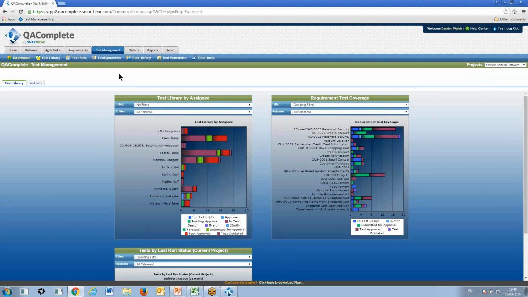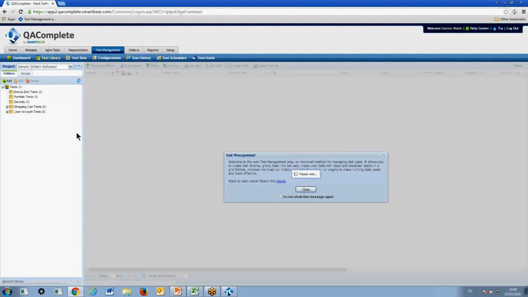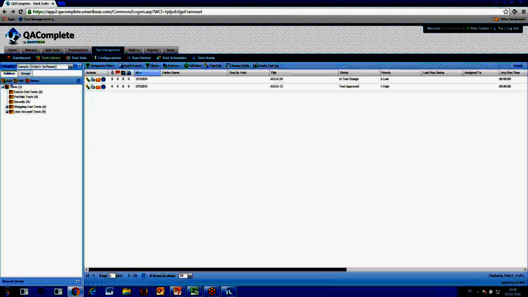So again, we've got two kinds of entities. We've got test library, which is an individual test, and test set is a grouping of tests in a test library. All right. Now, if we look at test library, some of the areas to look at is mostly around the organization. So again, if you look here, you can order based on functions, features, whatever you want to do. But